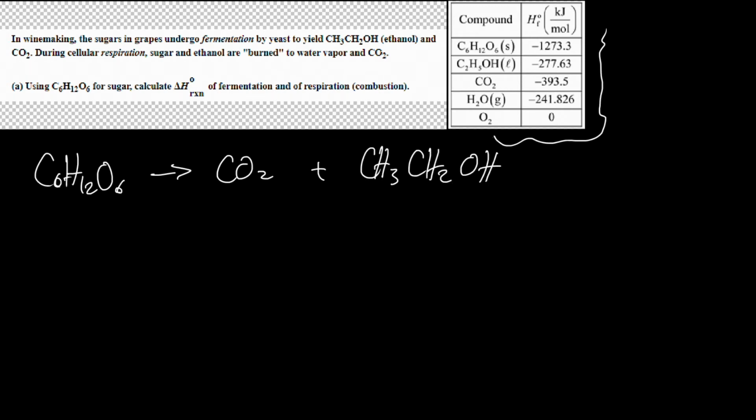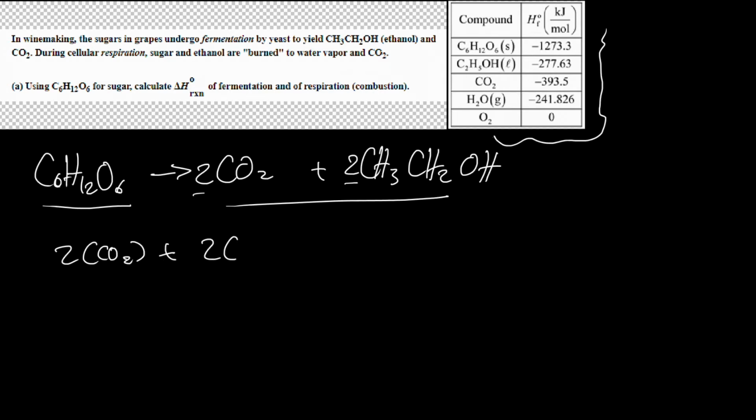Now you have to balance these equations. I already balanced them just so not to waste time. You're going to have to put 2 here and 2 here. And now we basically do delta H formation of products minus the reactants. So 2 CO2 plus 2 ethanol